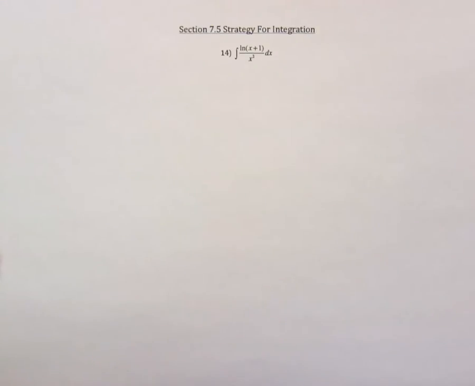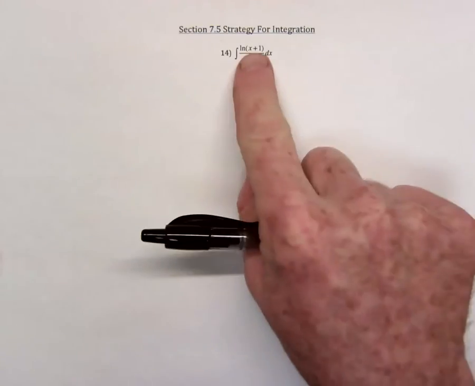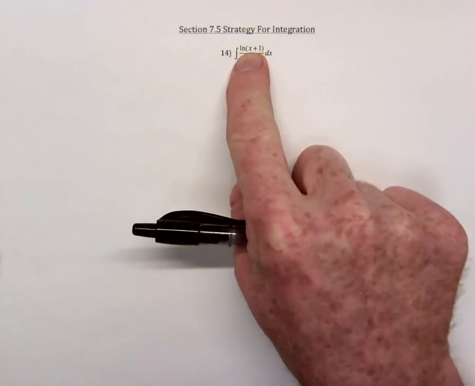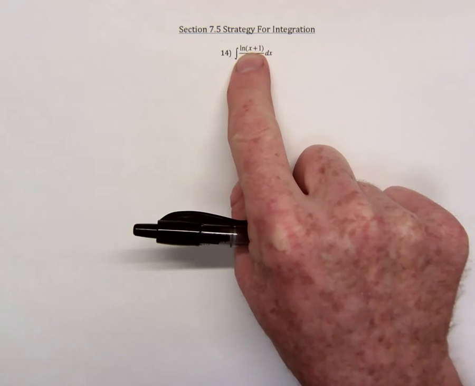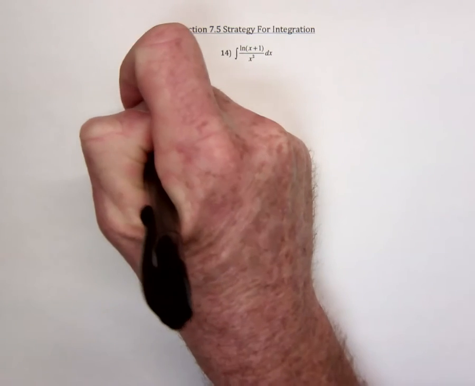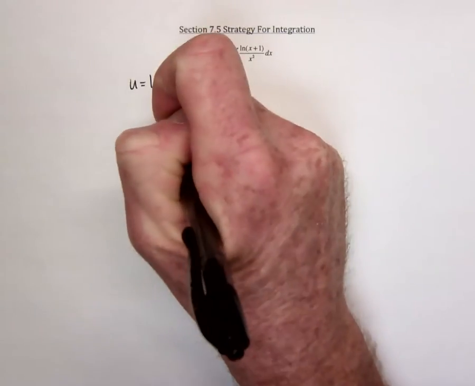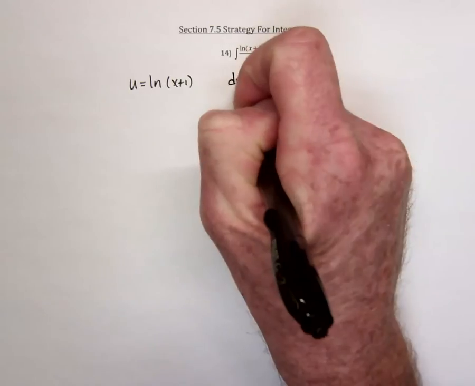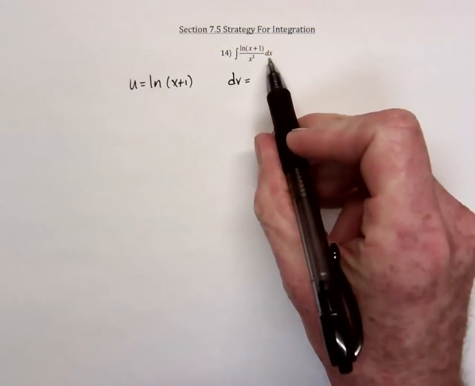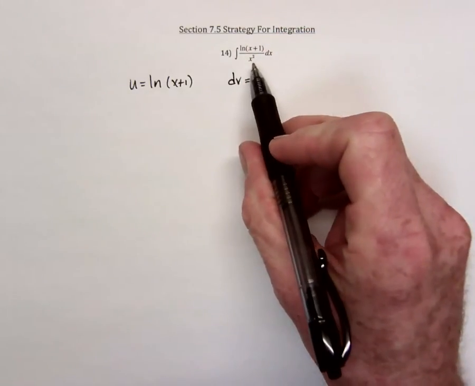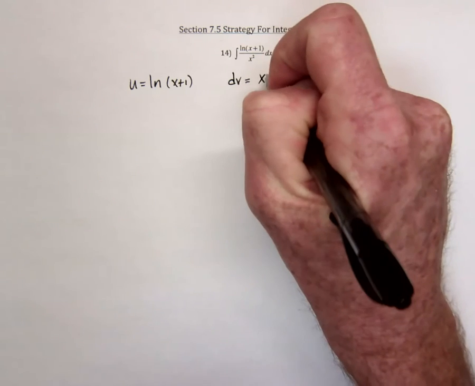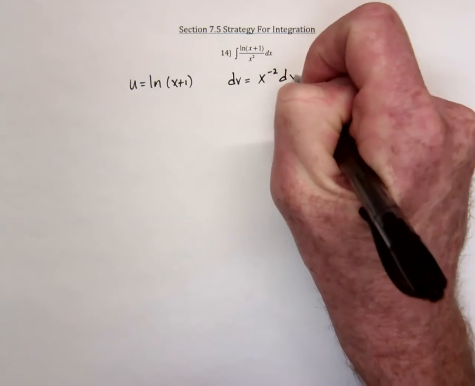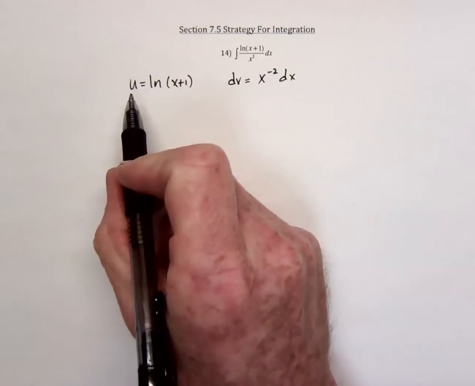Well, this one should be pretty interesting. We're going to start with integration by parts, letting this be the u. That way when you take the derivative of it, it's actually going to make the problem simpler. So start with u is the natural log of x plus 1, and dv is going to be dx over x squared, which I'm going to rewrite as x to the negative 2. And now take the derivative over here,